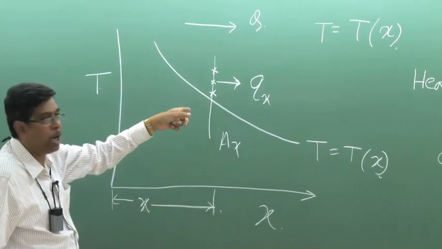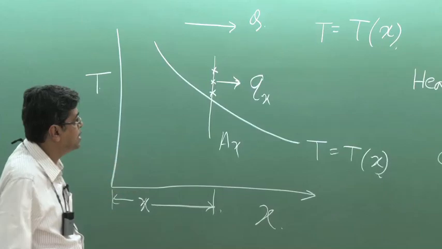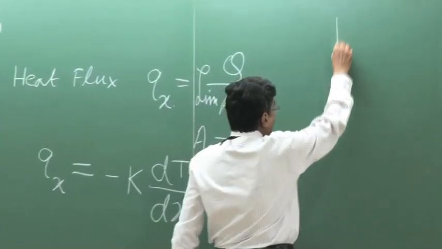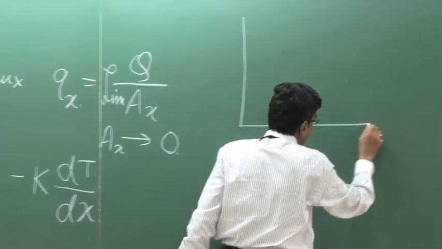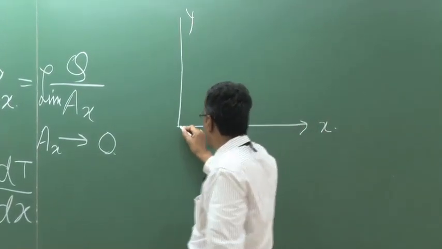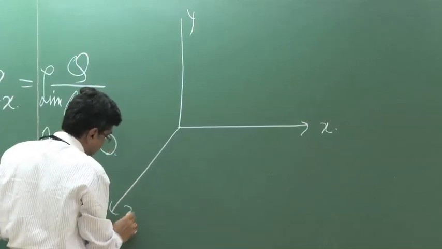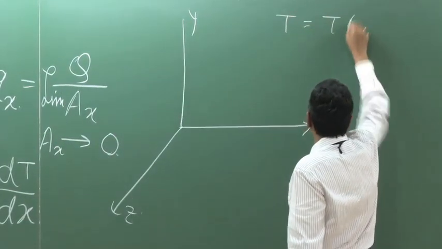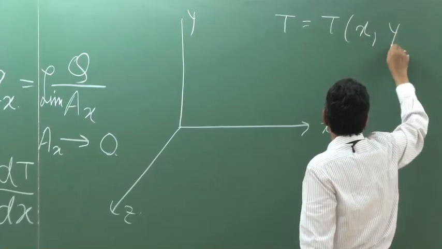Similarly, if it is not a function of z, it will be the same at all points. But in practice, temperature may be a function of all the space coordinates with reference to a frame. For example, in a Cartesian frame of reference, temperature may be a function of x, y and z, and